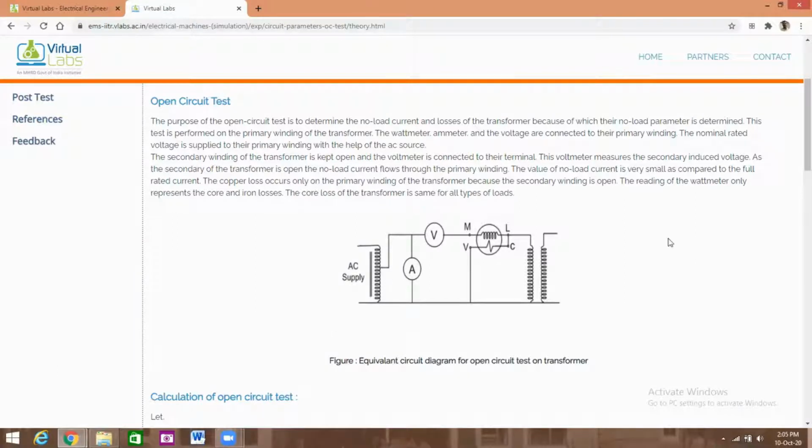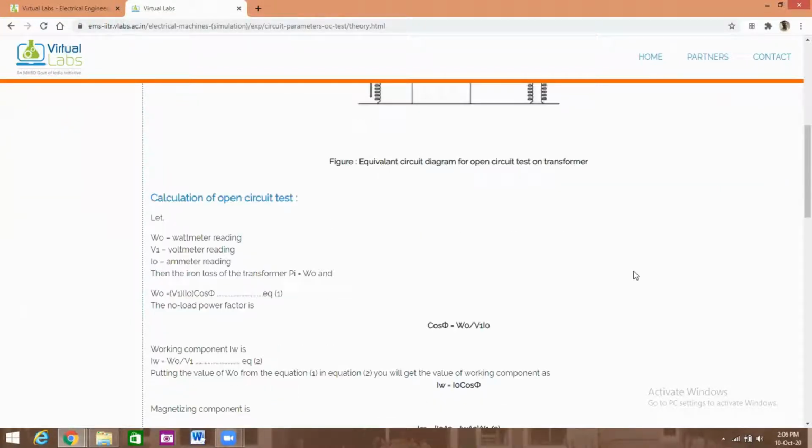The procedure for this experiment: first of all, adjust the auto transformer to set the rated voltage. Then take the corresponding voltmeter reading and wattmeter reading. At that time the secondary side of this transformer is kept open. This is the circuit diagram.